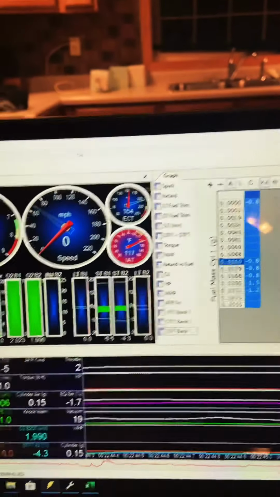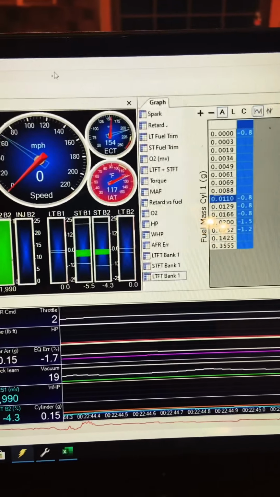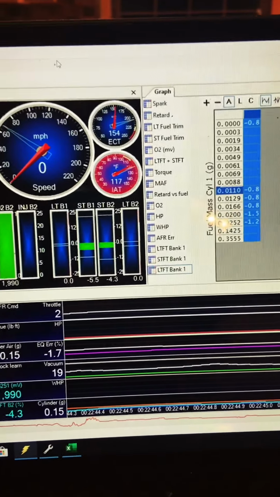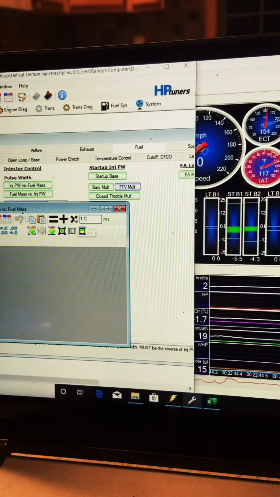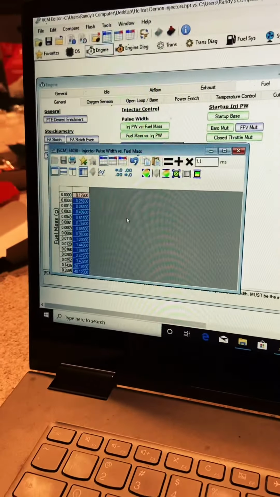So if they're in one direction up, and let's say they say 20%, your number over here is going to have just a 20 in it, and the whole table is going to be full of numbers close to 20. So it's safe to say that you can go back to your table, and I like to do 0.5% as well. You go back to your table here, select the whole thing, go 1.1, multiply it, and it raises the entire table by 10%. And you can try it from there. You're gonna wanna get down to 5 or 6% by doing this first